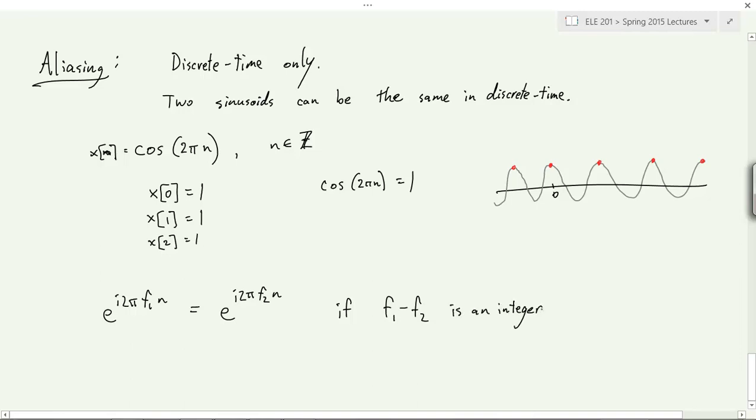So now when we have these complex exponentials, and remember, negatives and positives are different sinusoids, different complex exponentials, if their frequency differs by an integer, in discrete time, they are exactly the same. So these are both signals, and they're the same signal, because for all integer n,